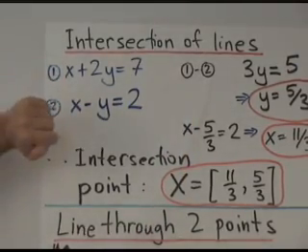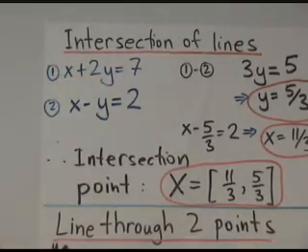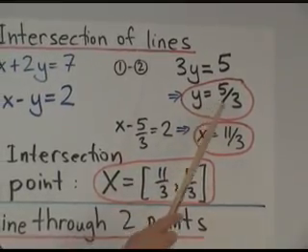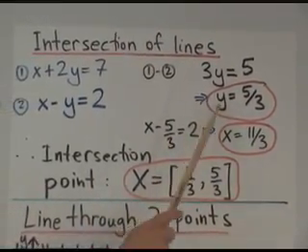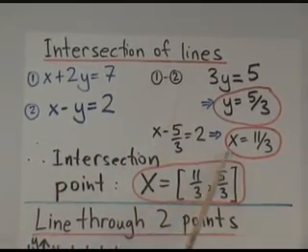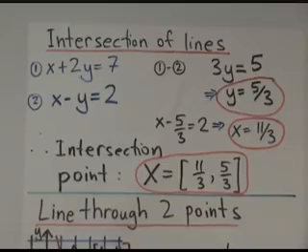So the x's cancel, and we get 2y minus y is 3y equals 5. Then y equals 5 over 3. And then we plug that back into one of the equations, say this one, you get x minus 5 over 3 equals 2, telling us that x has to equal 11 over 3. So we found the only solution is this point here, point X, which has coordinates (11/3, 5/3). That's the intersection of the 2 lines.